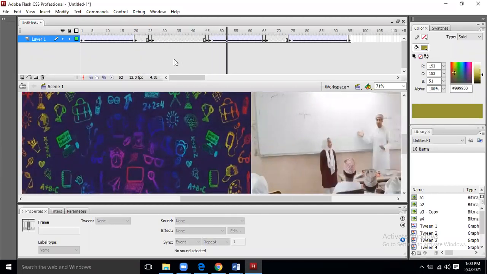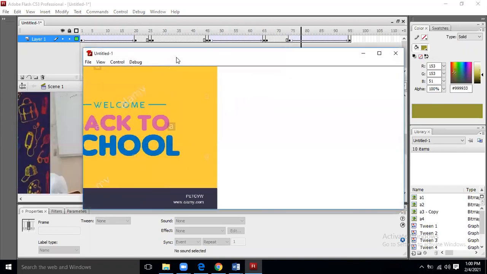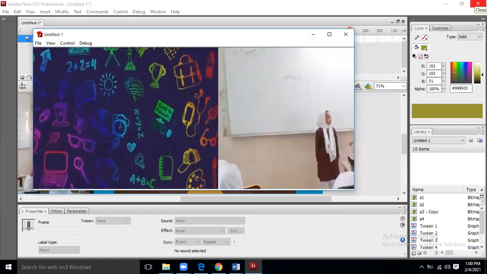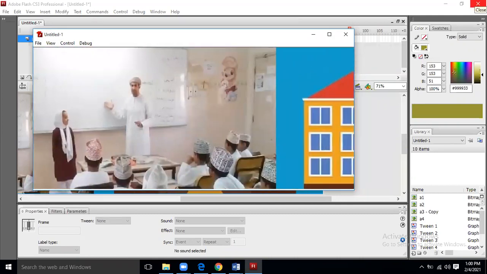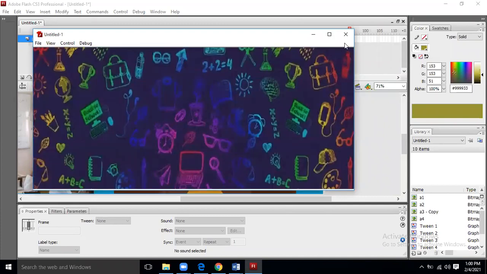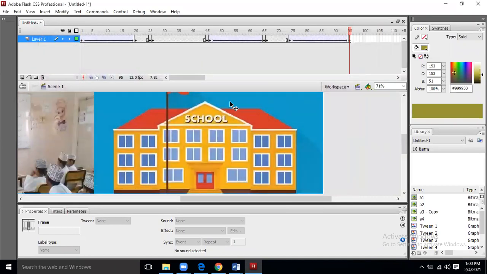I'm running this in Flash, and then when I press Control, now you can see it is creating an impact of a good web banner. You can see the images are replacing each other. You can take multiple images, 1, 2, or 3, depending on your requirement. So this is another strategy of creating a web banner on a single layer. Quite easy, quite convenient. No issue is there in it. Fine.